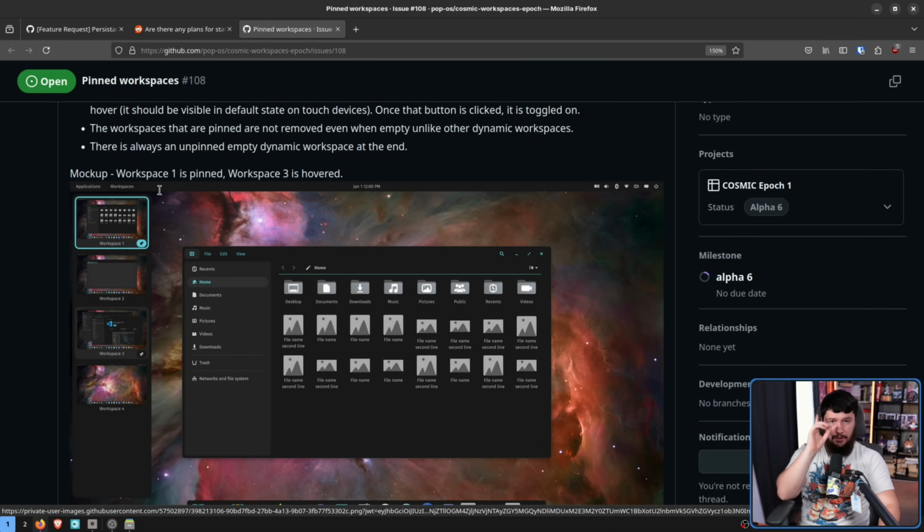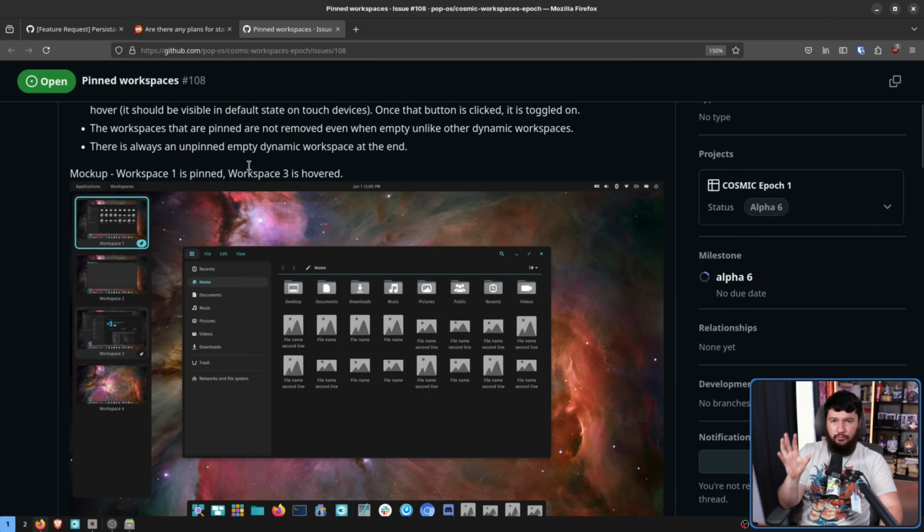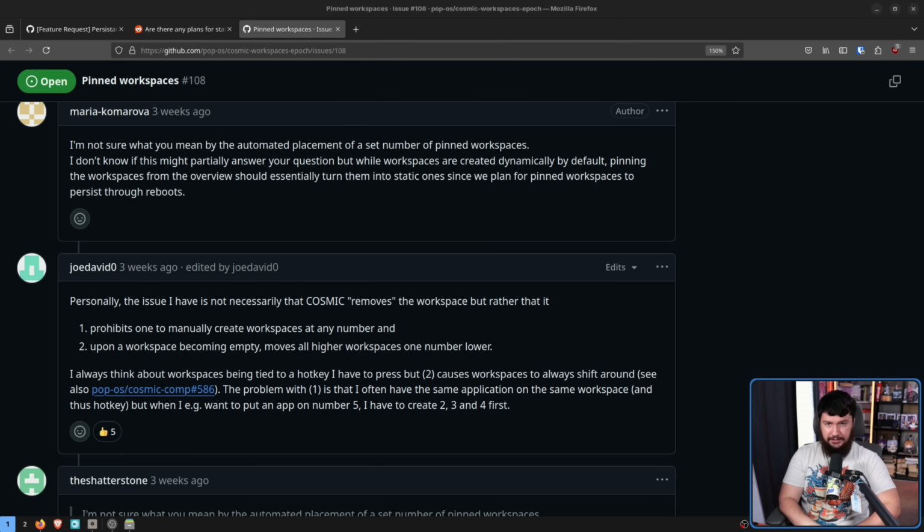Now, don't get me wrong, I like this as an option, and as an expansion to the dynamic system, this, I think, is really, really cool. But I would like a proper static system where I can specify exactly what I want. Now, the final thing I want to discuss is how Cosmic is handling window decorations, or better yet, not handling